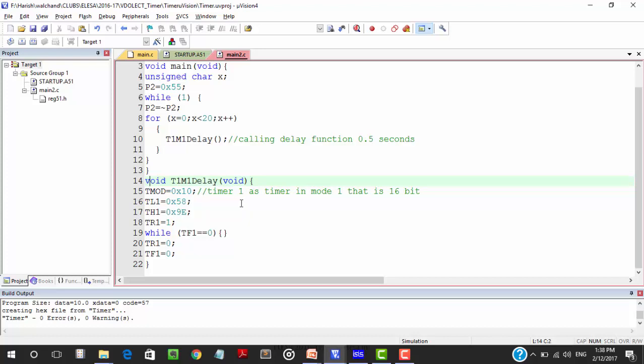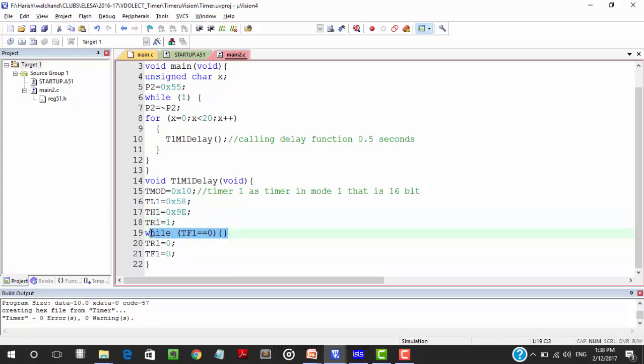Now we have calculated the value we need to write in the register. In the upper register we need to write 9E and in the lower register we need to write 58. TR1 is used to start the timer. When we make TR1 equal to 1, the timer starts.